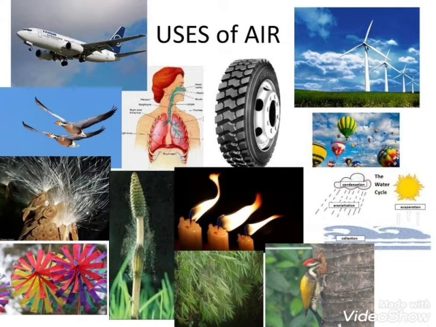Pollination is a process by which new plants grow. We have studied this pollination process in the plant lesson, and wind helps in this pollination. When the stigma and anther are moved with the help of wind from one flower to another, the pollination process takes place. So the wind, that is the moving air, plays a role here as well. So these are the different uses of air. And there are other uses which we may have missed today, but we all know that wind or air is the most important thing in the environment, and we can't imagine